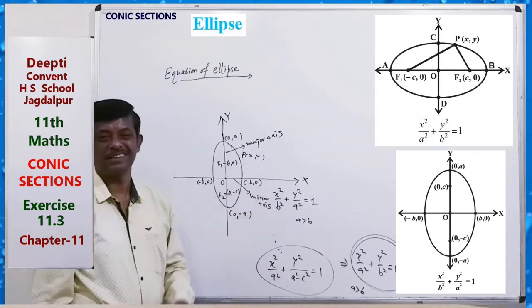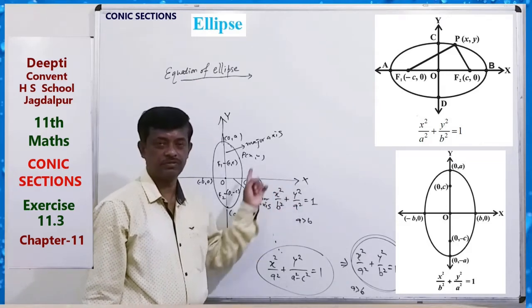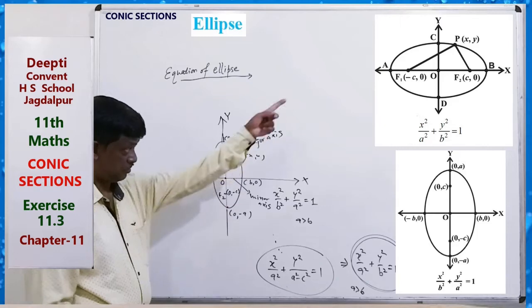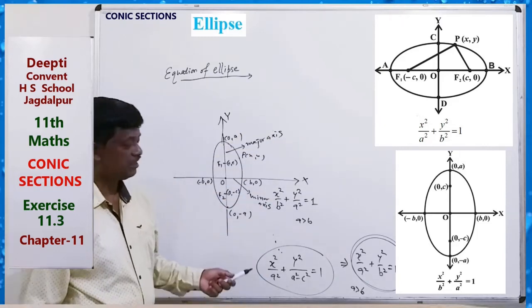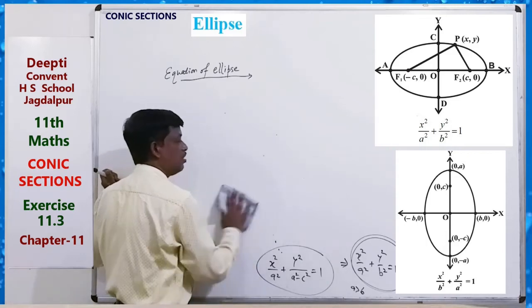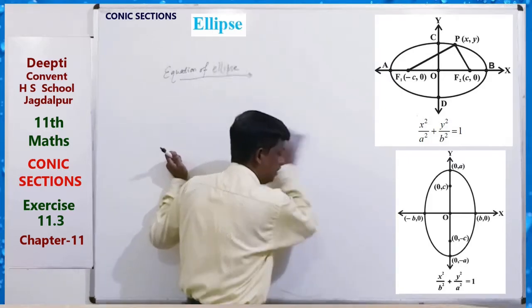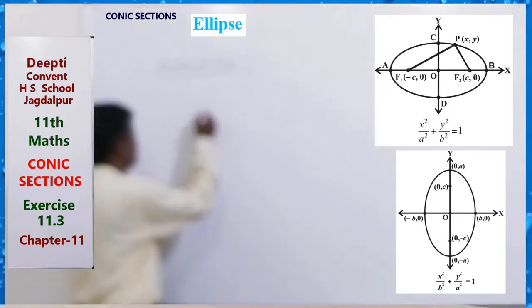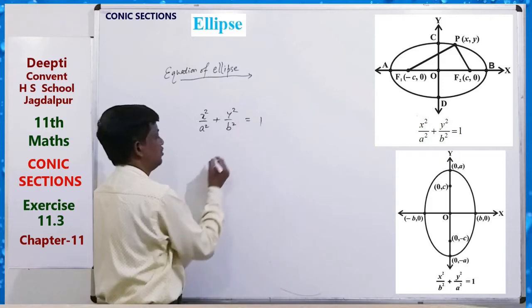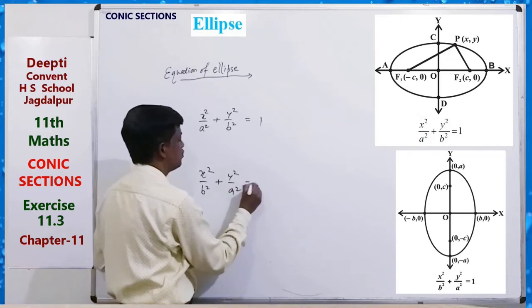Okay. If the major axis is along the y axis, then we will get this type of ellipse, where a is greater than 0. So in this diagram it is also clear what the equation of the ellipse will be when the axis is along the x axis and when the axis is along the y axis. The equations are x square upon a square plus y square upon b square equals 1, and x square upon b square plus y square upon a square equals 1.